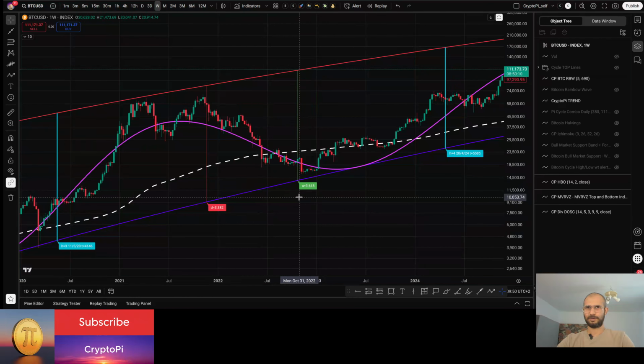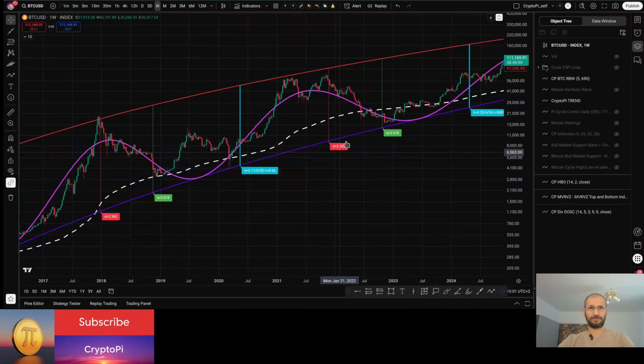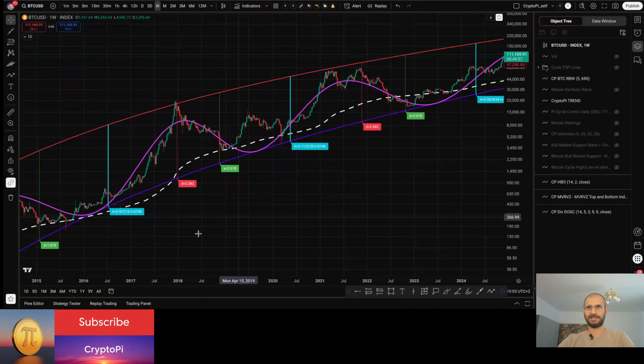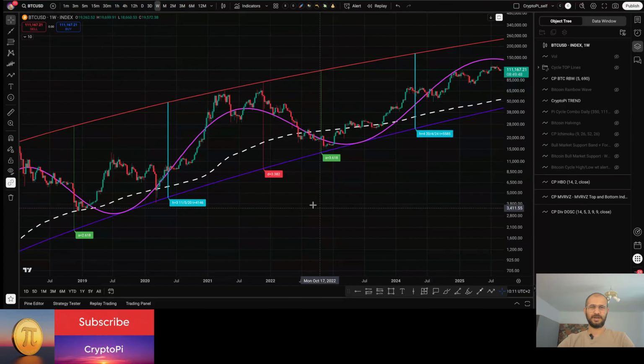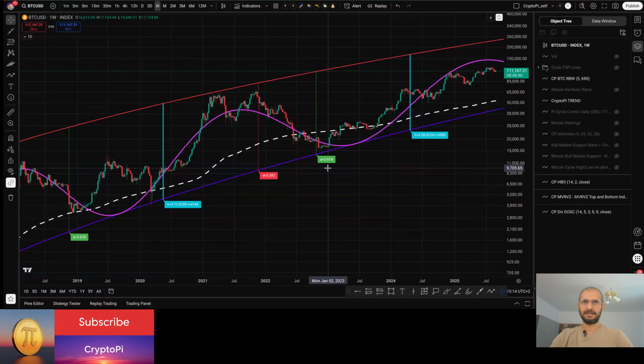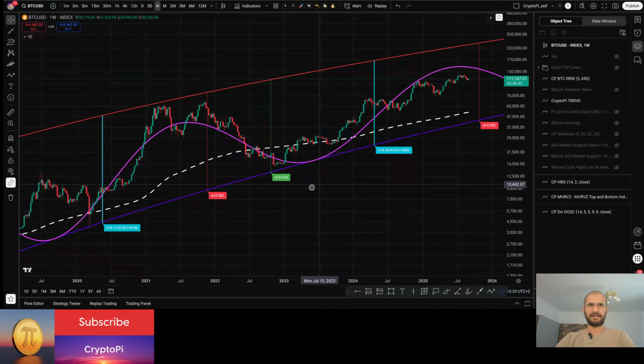Now, what happened in 2022 is price crossed its accumulation line. We had a very short accumulation. When we compared this accumulation to what happened here in 2018 or to what happened in 2015, it's very different. Once the price had crossed the wave over here, then we see again that price